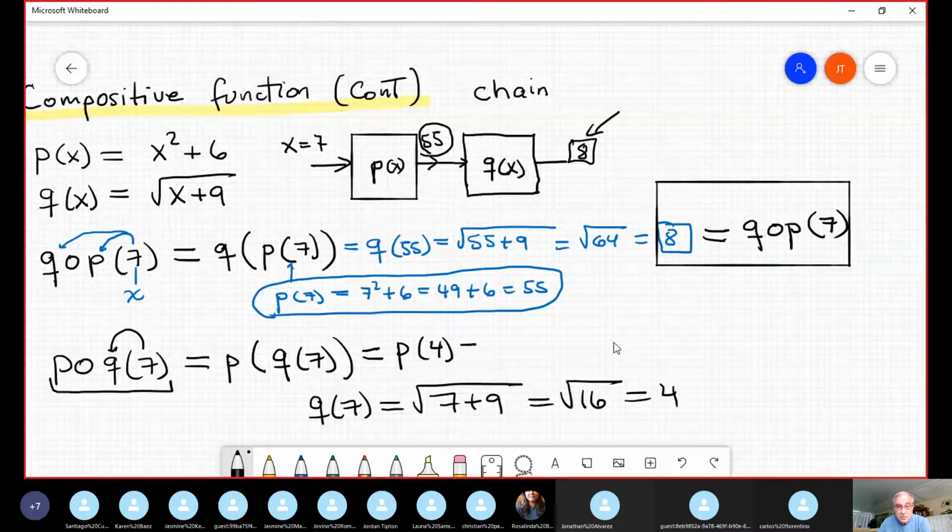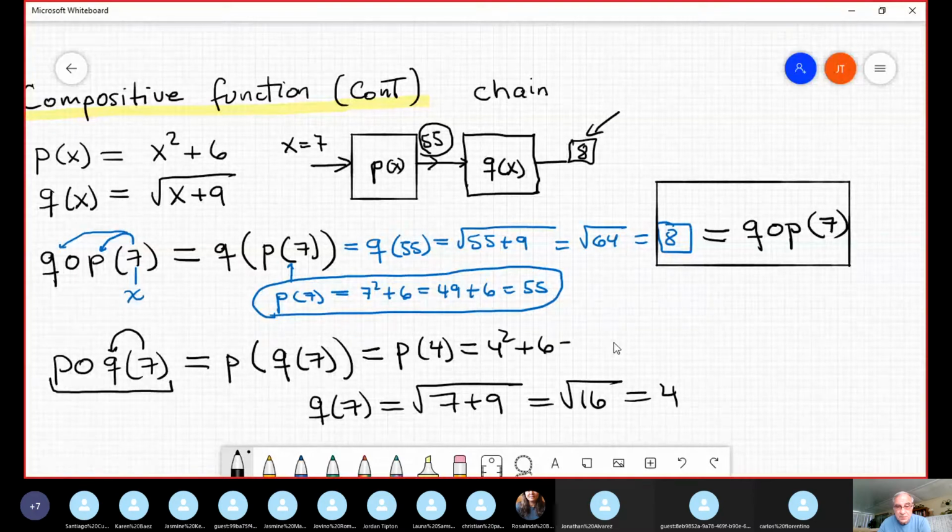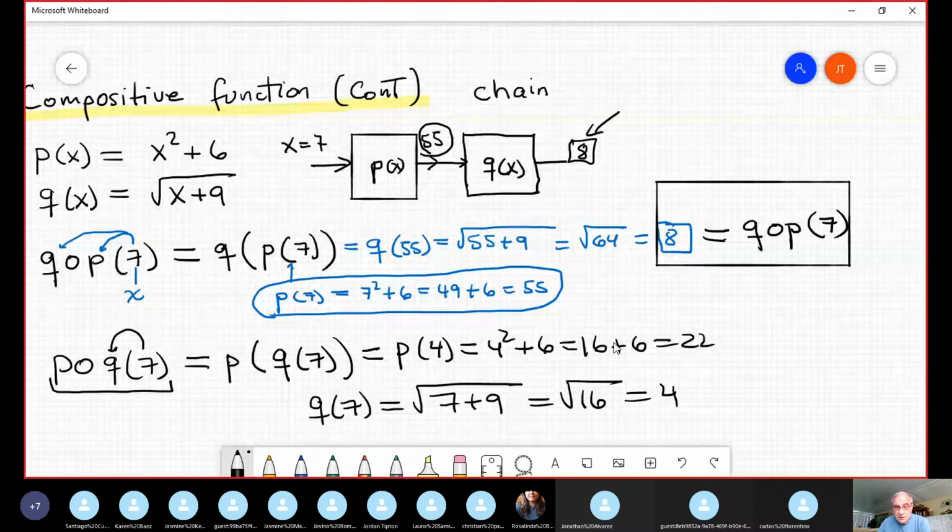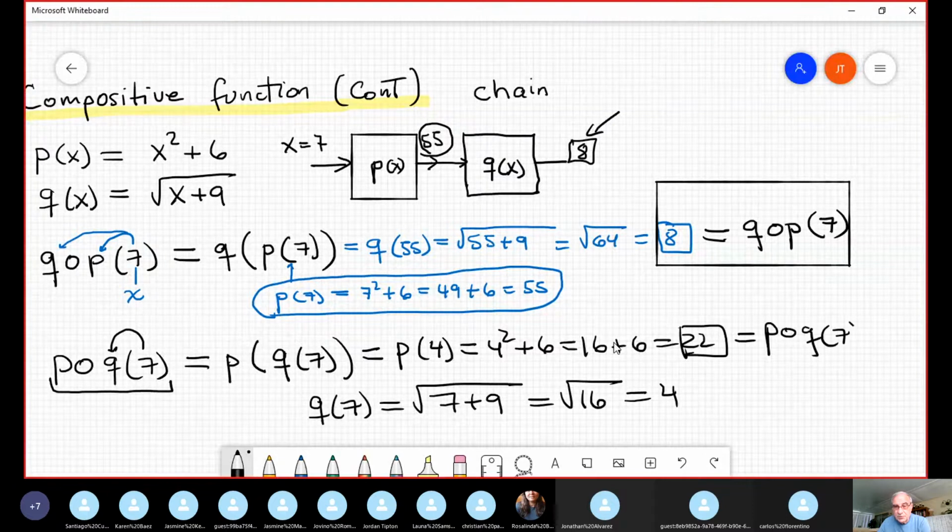P is x squared plus 6, so it is 4 squared plus 6. 4 squared is 16, plus 6 is 22. And this answer is the result of P composition Q evaluated at 7. It's important to understand that the order is extremely important. In general,